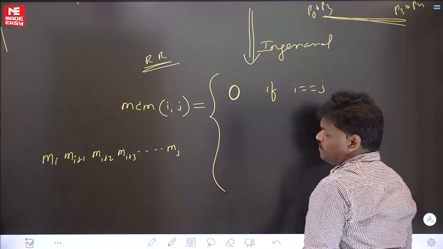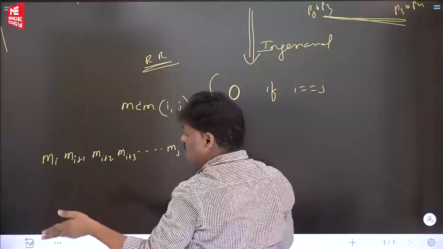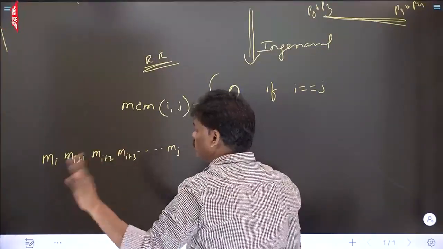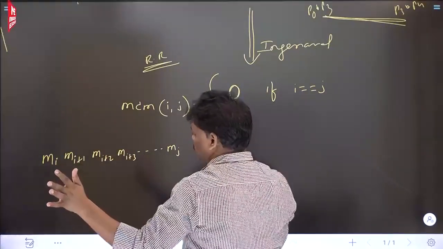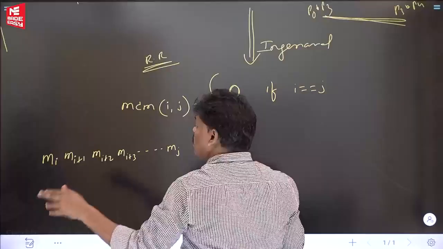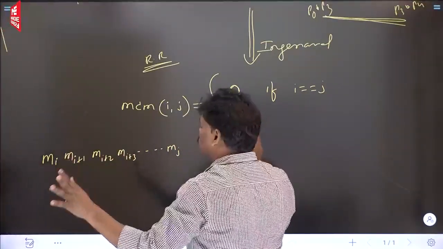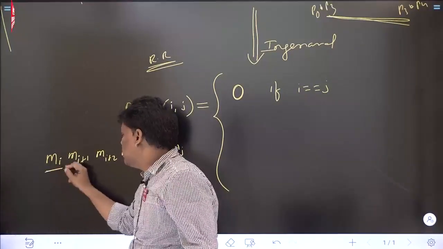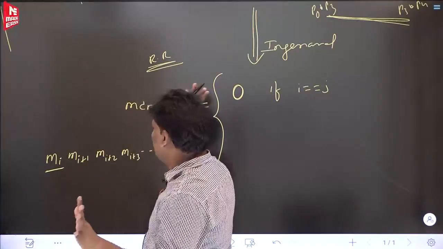Divide into two parts. You have to divide Mi to Mj into two parts in such a way that no group is empty, and one more thing, the order cannot change. All possibilities will be there. Two groups, no group is empty. Then what is the answer? From the ith place to somewhere, you have to divide into two parts. Divide whatever way you want.